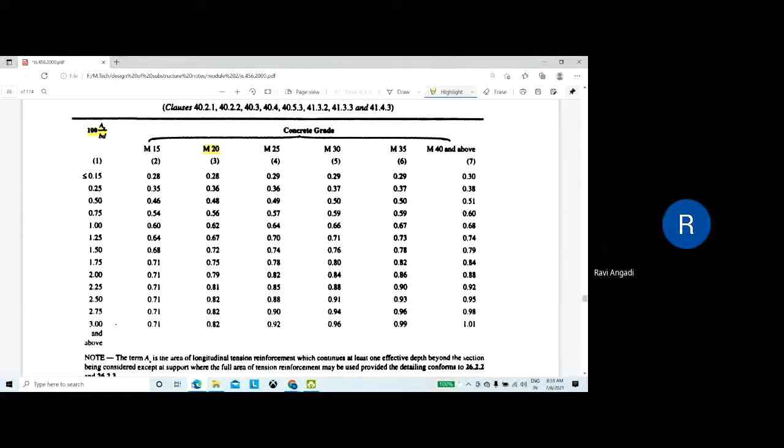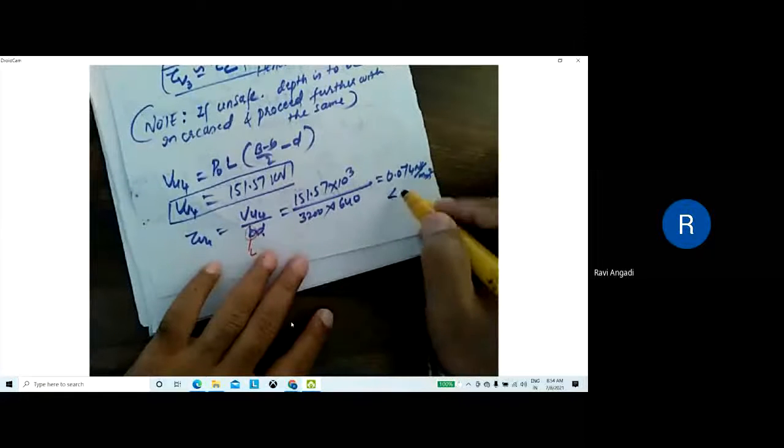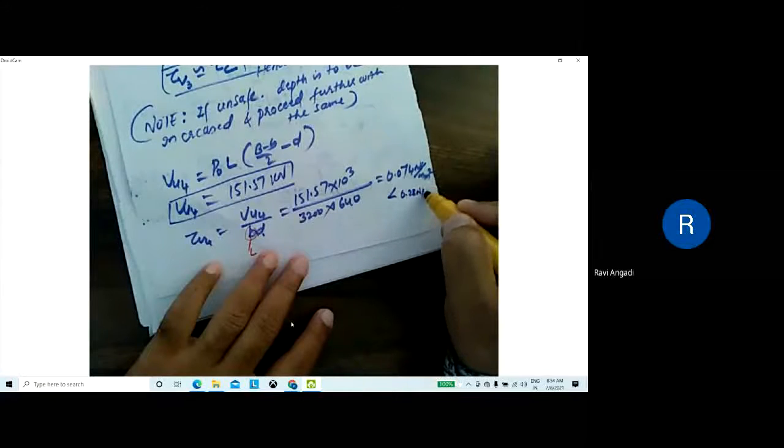So see, this tau v, when you are comparing with the minimum value of tau c, what is the minimum value of tau c here? How much is the minimum? 0.28, sir. Yes, that is the minimum. And we are getting less than the minimum only. I hope you understand. Directly you can write here safe, because it is lesser than the minimum, 0.28 Newton per millimeter